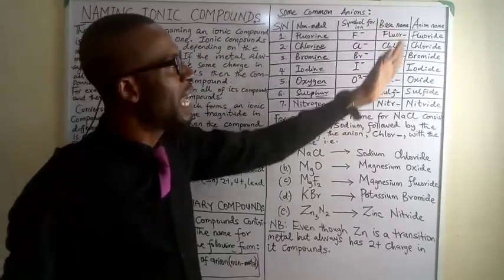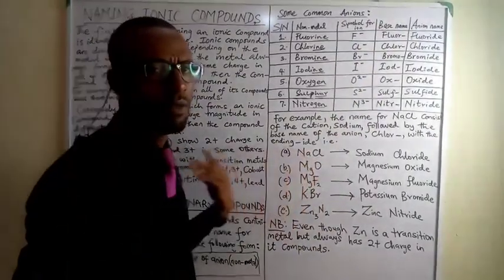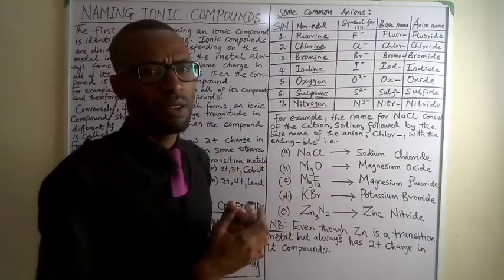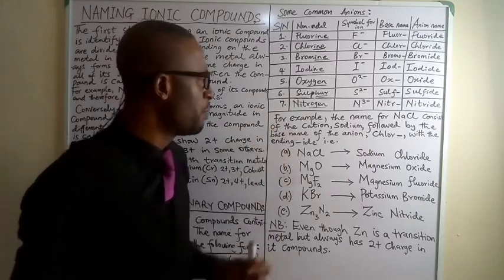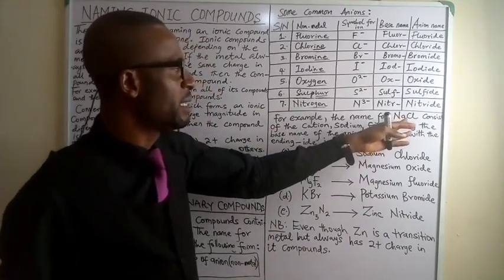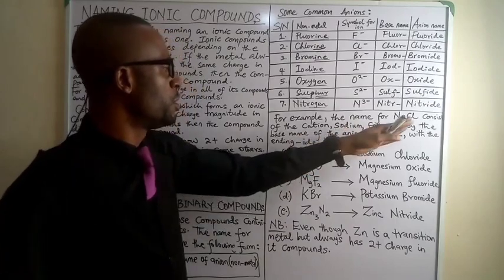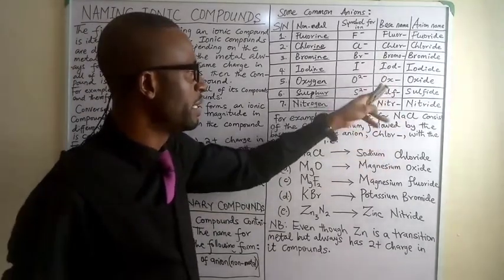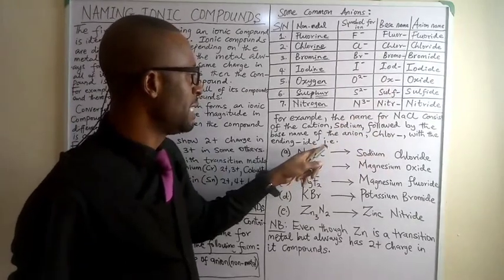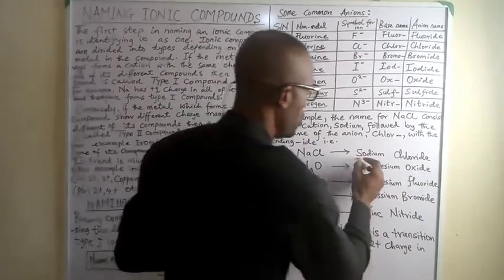So these are the anion names, because it will help you once you bring the name of the cation and the name of the anion together. You are going to name what? Ionic compound. For example, if you have NaCl, of course, the cation name or the metal name is sodium. It's followed by the anion name, which is what? Chlor, which is the base name. And now put IDE, you now have sodium chloride. You have what? Sodium chloride.